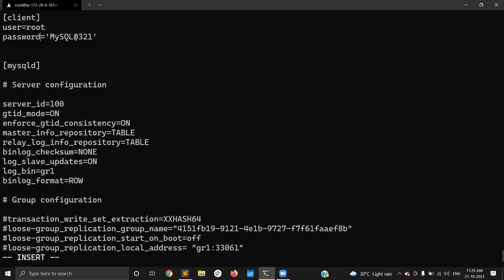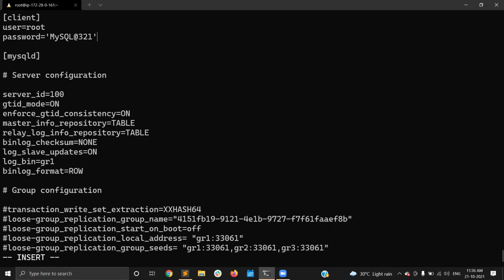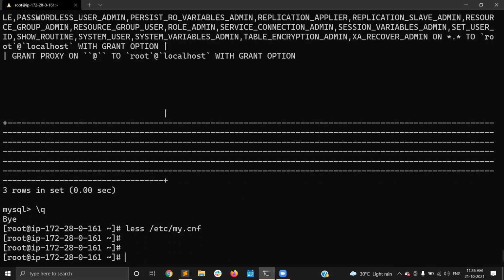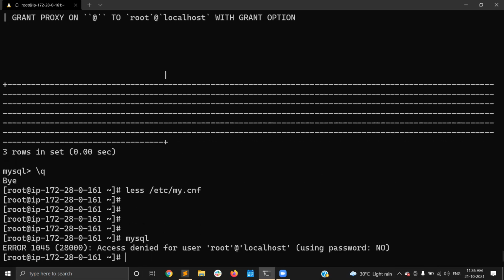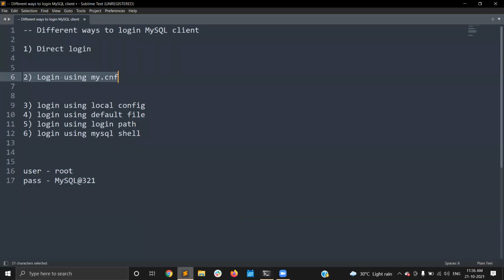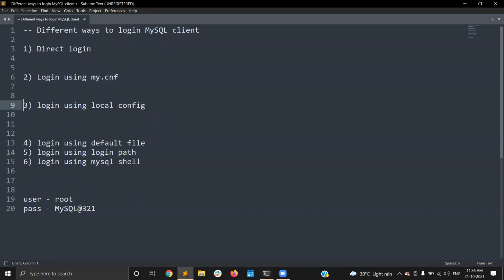Let me remove it. Yeah, so I removed it. Just saving the file. So now if I try to log in the MySQL, again I am not getting the access because we removed the entries from the my.cnf. So that is the second method. And the third one is